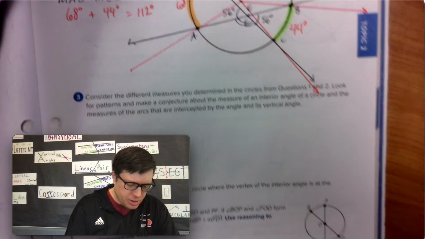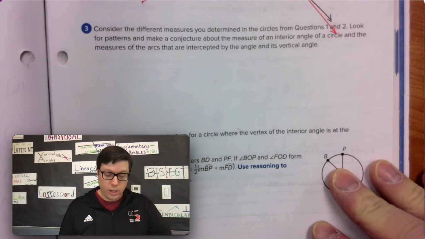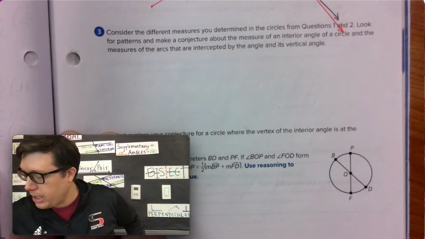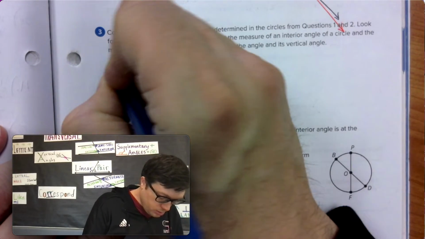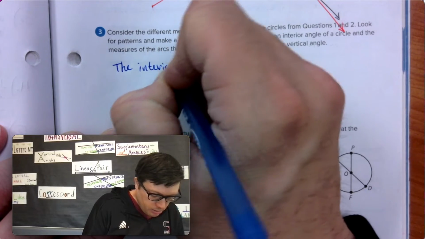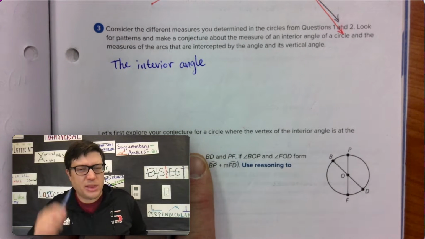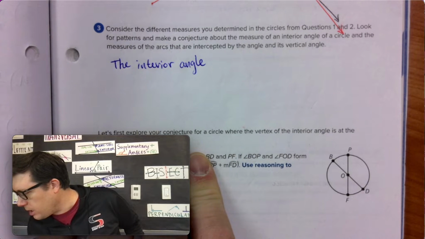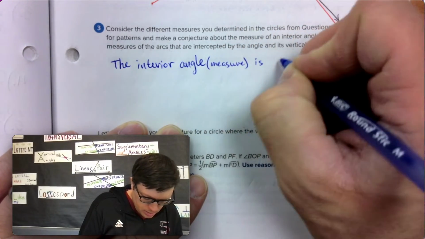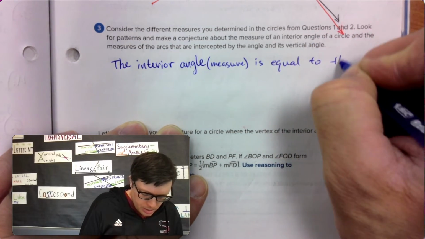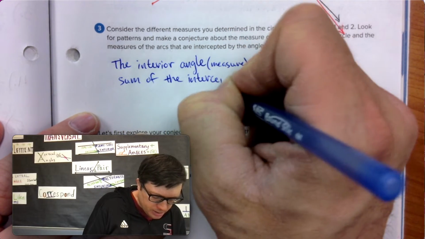Consider the different measures you determined. So let's go ahead and move on to number 3. Consider the different measures you determined in the circles from question 1 and question 2. So the pattern that I'm hoping to establish here is that the interior angle, and maybe you do just straight copy what I'm saying, but think about it before you write it down. The interior angle, its measure, is equal to the sum of the intercepted arcs